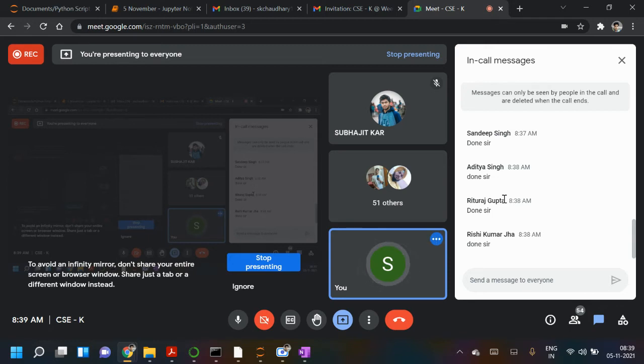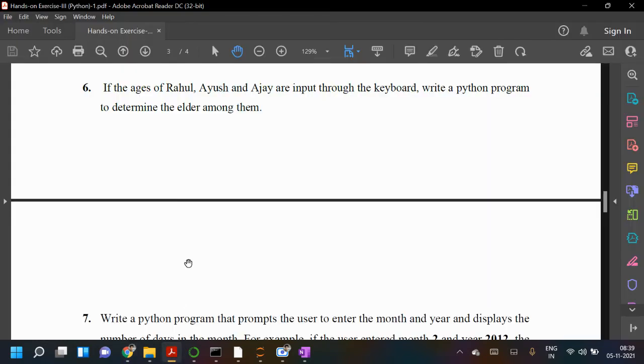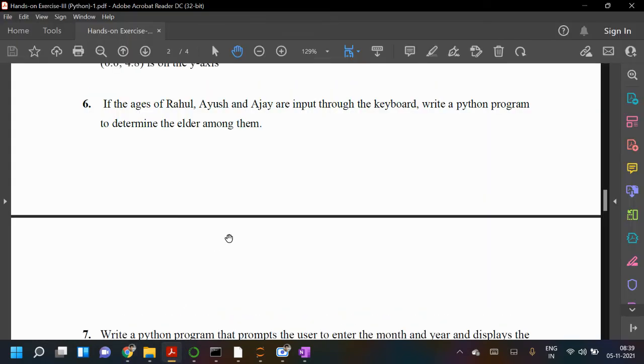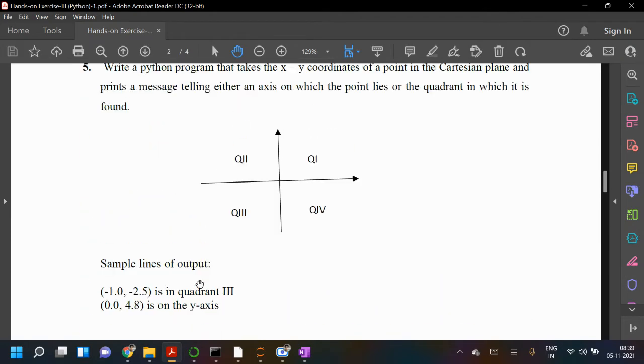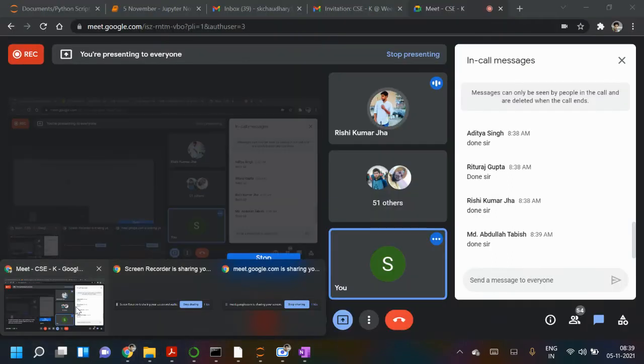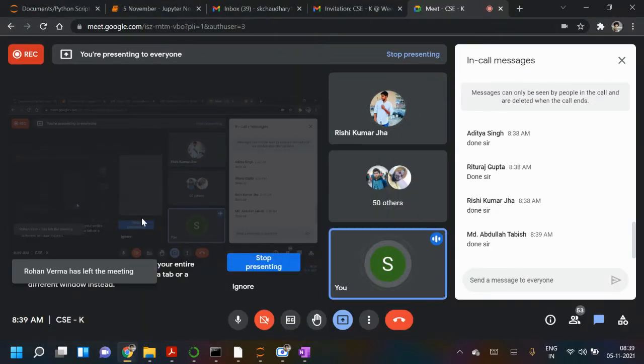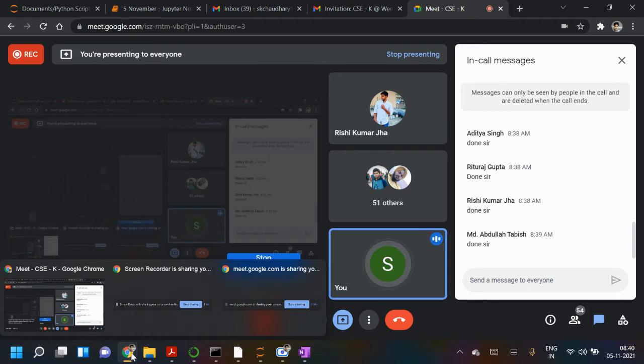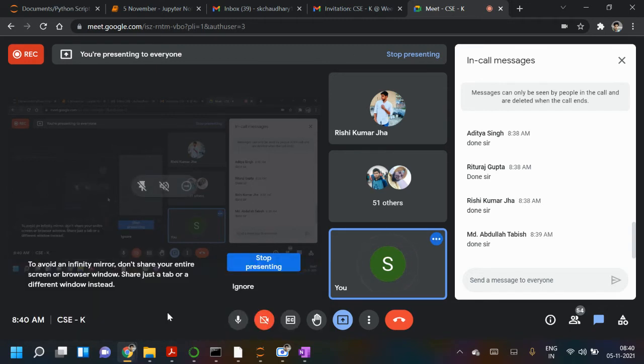Yes, Rishi, can you show the screen? Share your screen and show this sixth question. So 5 and 6 both. Five actually I have done. So you have done five. Yes, sir, I've done 5. Okay, what is the status of sixth? I've done that too, sir. Okay, so six you share, five I have done. So I think everyone can do actually. Please share for sixth question. Okay, sir.